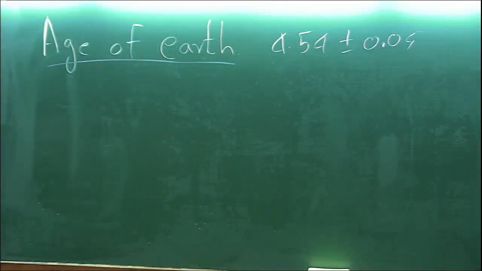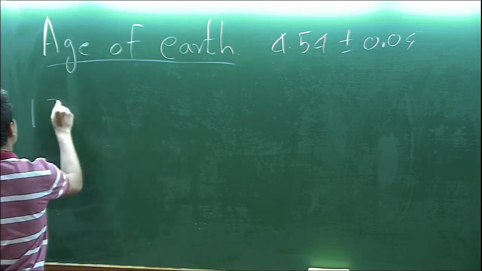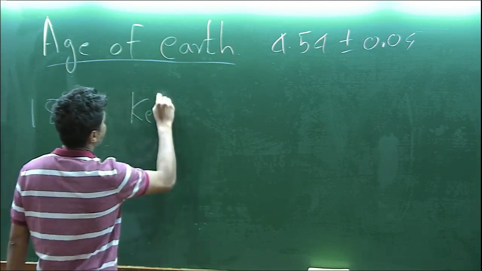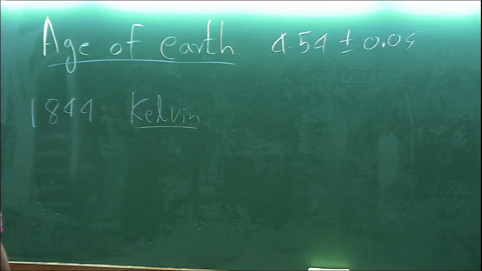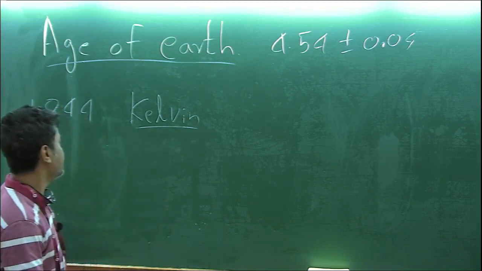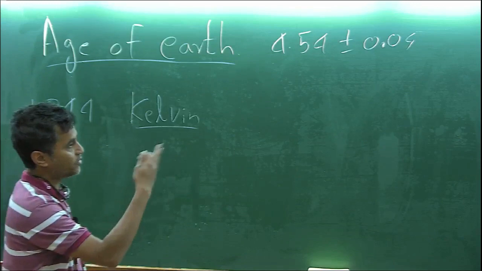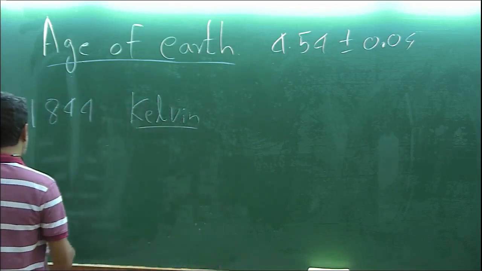Now, in 1844, Kelvin made, I think, one of the first quantitative estimates of the age of Earth, right? If you think about it, it's a very hard question. How do you estimate such a thing? And he used a very simple idea. Actually, this was one of the first nice applications of Fourier's law. So what he said is that,